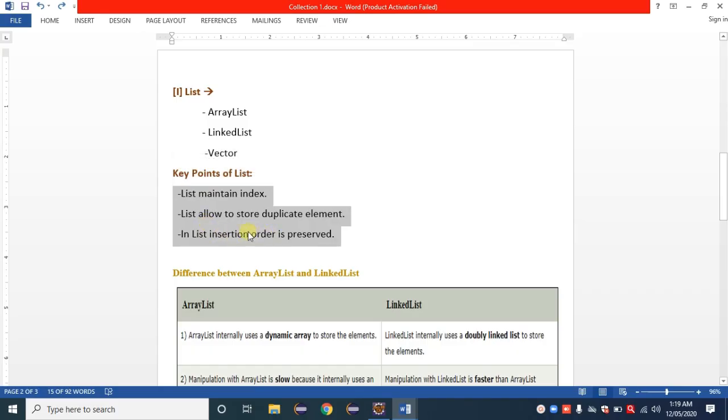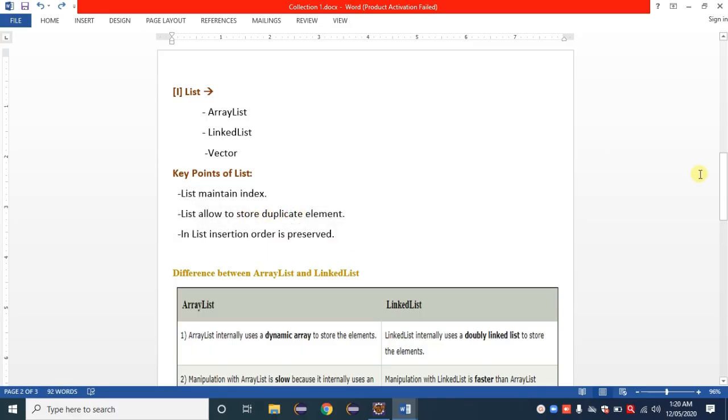But in the case of a Set, these points are different, just the opposite of the List points. A List maintains index, insertion order is preserved, and a List can store duplicate elements. But a Set doesn't maintain index numbers, insertion order may be the same or may be different, and it doesn't store any duplicate element.